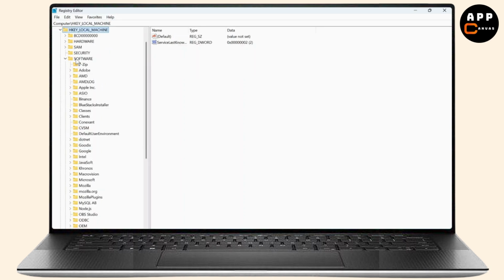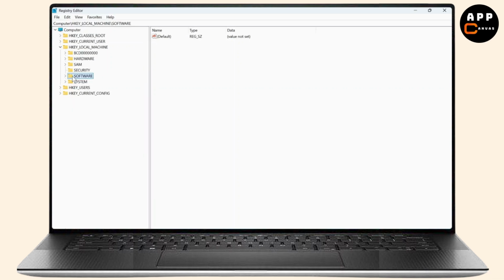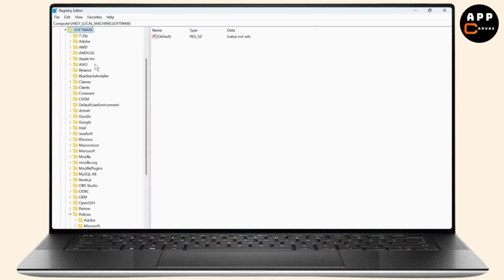Now let me just collapse this and show it to you. This is what it should look like. Tap on Software. And after you tap on Software, simply search for Policies. As you can see right here, there is Policies. Now under Policies, all you have to do is search for your Google Chrome or whichever browser is giving you the trouble. Then under there, you'll find the Chrome policy, which you'll just need to tap, right click, and then